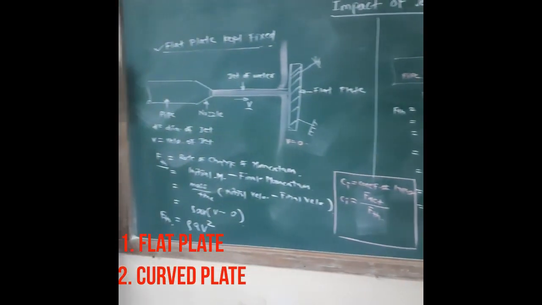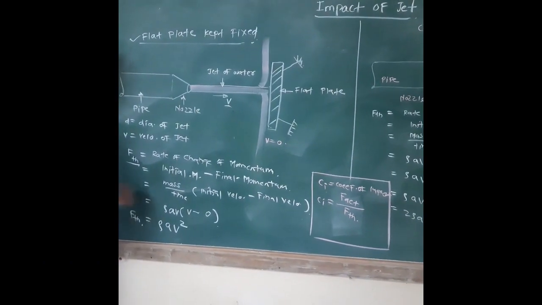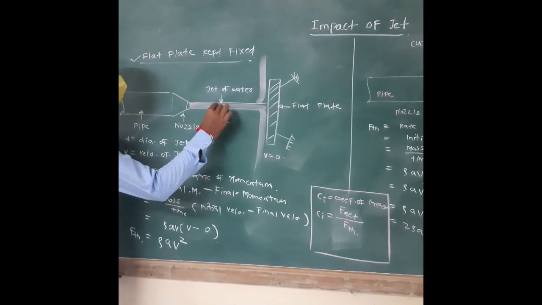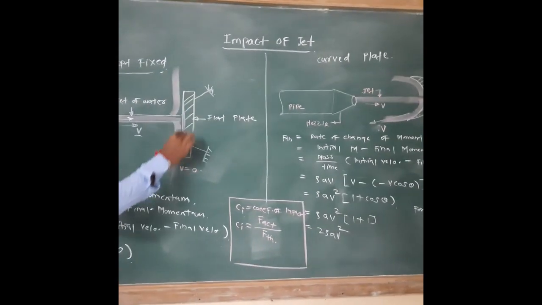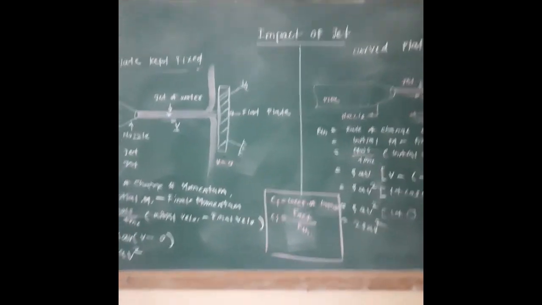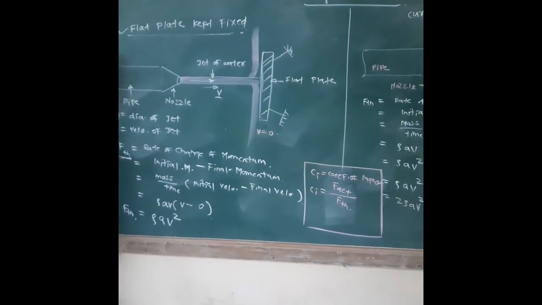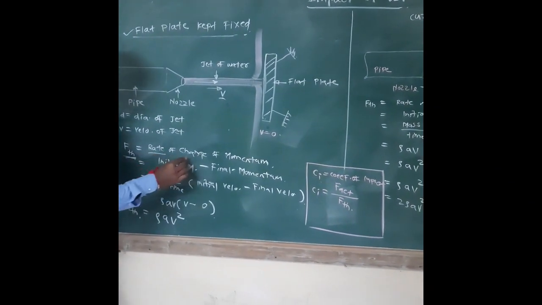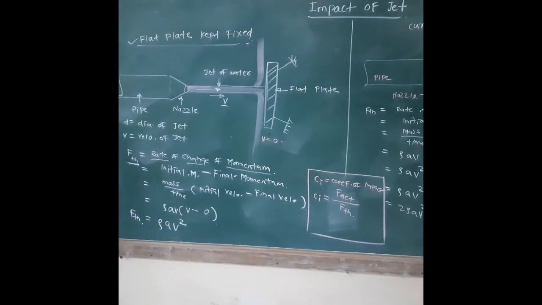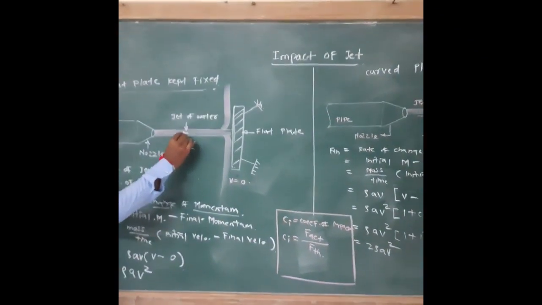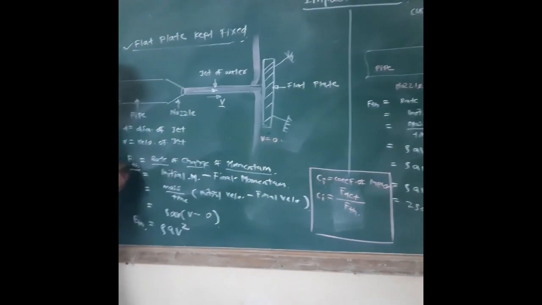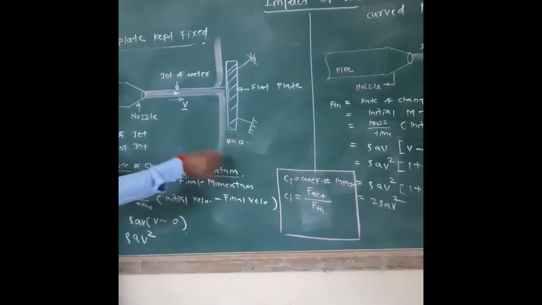As we already discussed in the theory, the force exerted by the jet of water on the object placed in the stream of this fluid is given by the momentum principle. The force exerted by the jet of water is equal to the rate of change of momentum in the same direction in which the force is acting. So if the fluid jet is horizontal, the force acting in the x direction is given by the rate of change of momentum in that same direction.